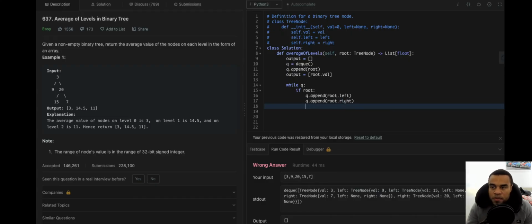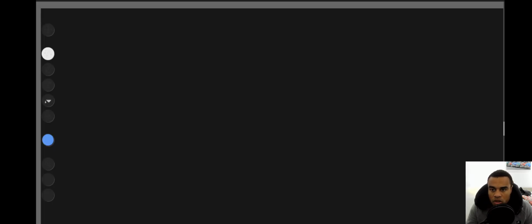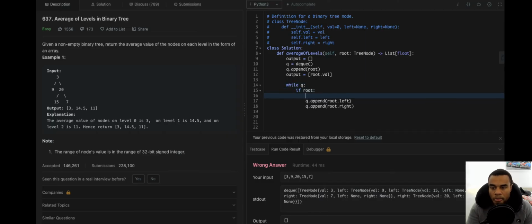So now our queue should have 9 and 20 in it, right? While queue, so we should pop. So node equals q.pop left, which is 3 at the start, right?